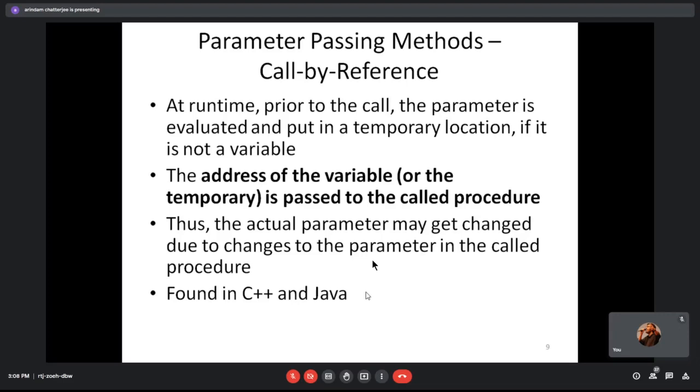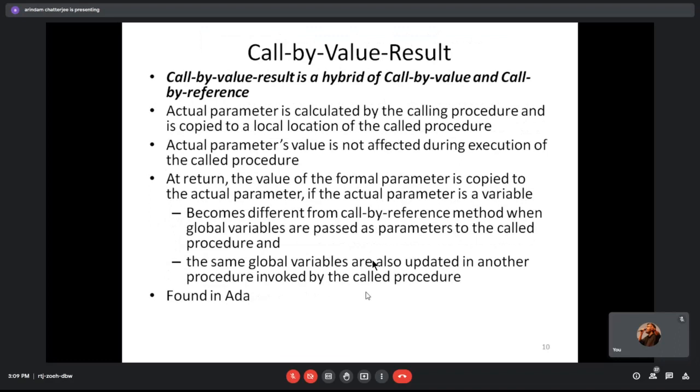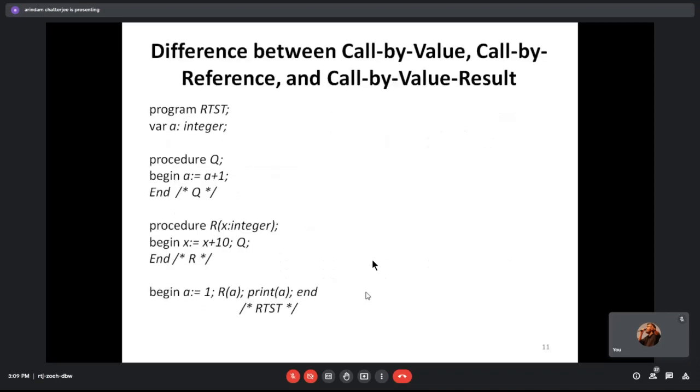Okay, I think all of you know the problem of passing by value in such a case. There is yet another one which is known as call by value result. It is a hybrid of call by value and call by reference. Let me see if I have any example of that. Yeah, so there is some difference between call by value, call by reference, and call by value result.